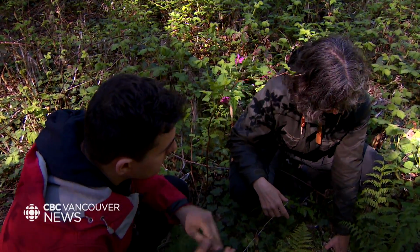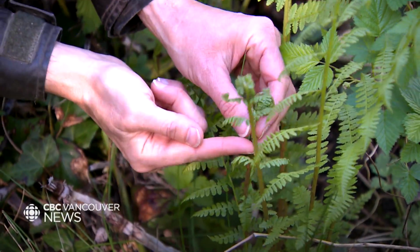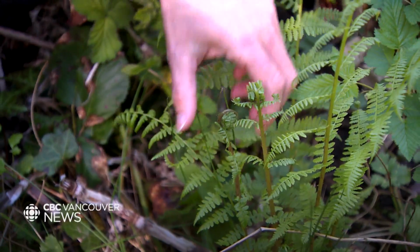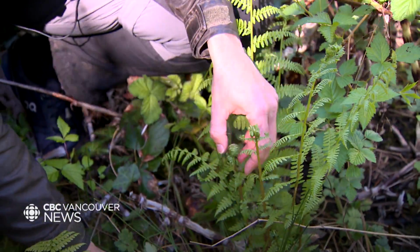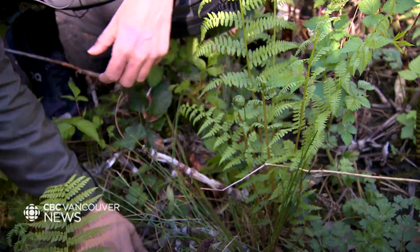Amazing. And could you show me sort of, I know we can't harvest here, but if you were going to, how would you go about it? I would just cut it right there. Okay. And take the fiddlehead, just a couple inches off the top. And you don't even need a knife. You would just pinch it off, basically, throw it in your basket. And then I'll show you in a bit about cleaning the little brown hairs off the fiddlehead